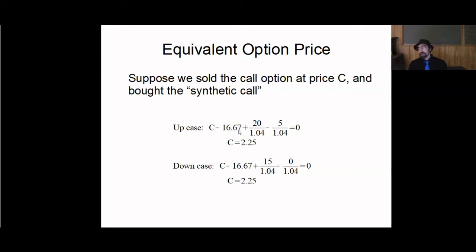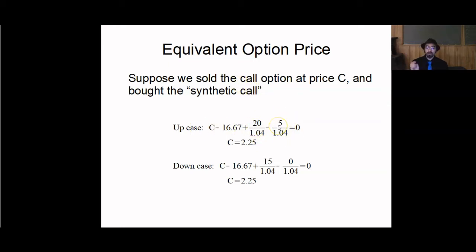If you have to finance that, so if C is greater than $16.67, then you would invest it, but more likely C is less than $16.67. In fact, you know C has to be less than $16.67, right? Because the call option cannot be worth more than 5. So what you do is you borrow at the interest rate, which means later on, you have,